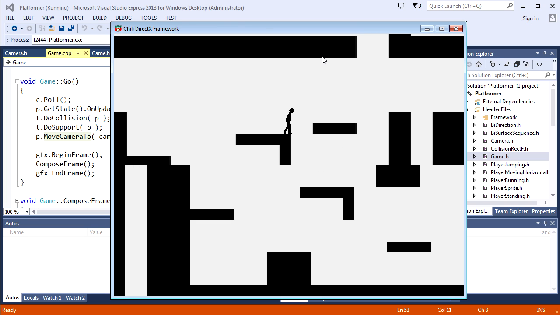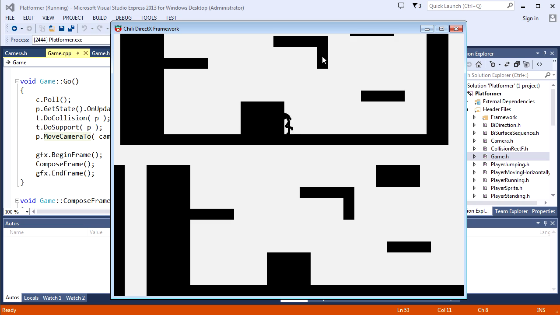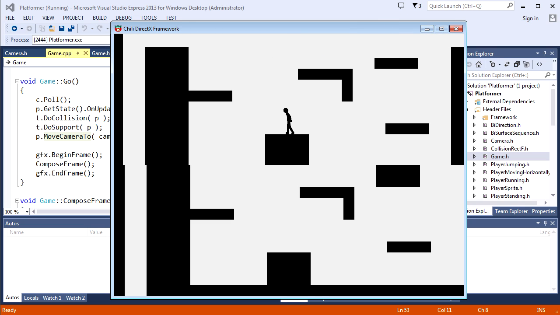And of course the second camera is just sitting here because I don't have a second player to lock it onto, but you can imagine having another character and a separate